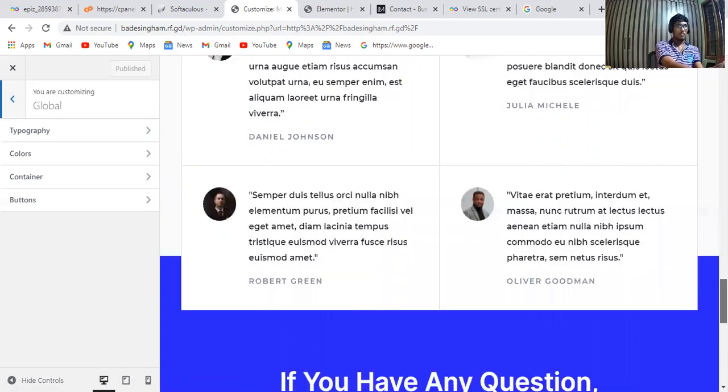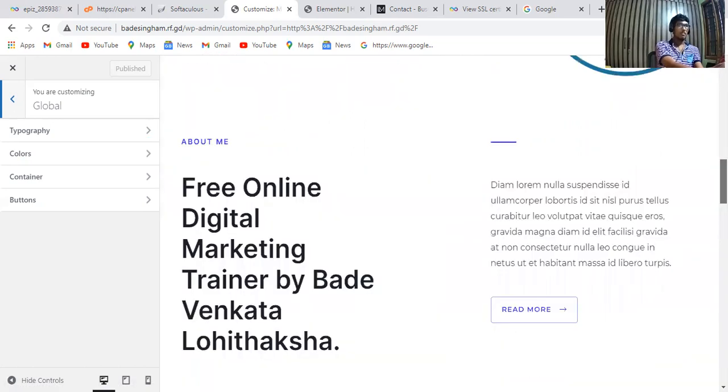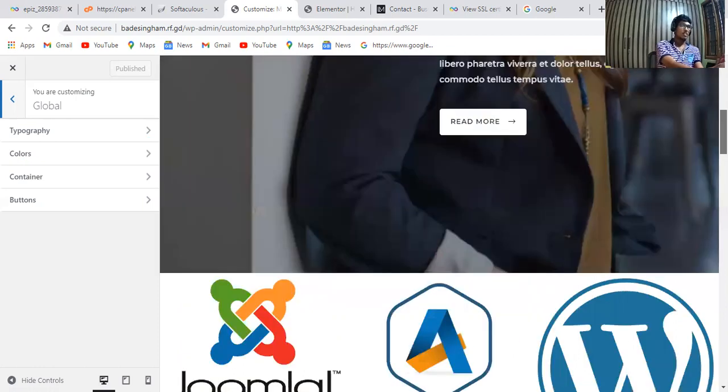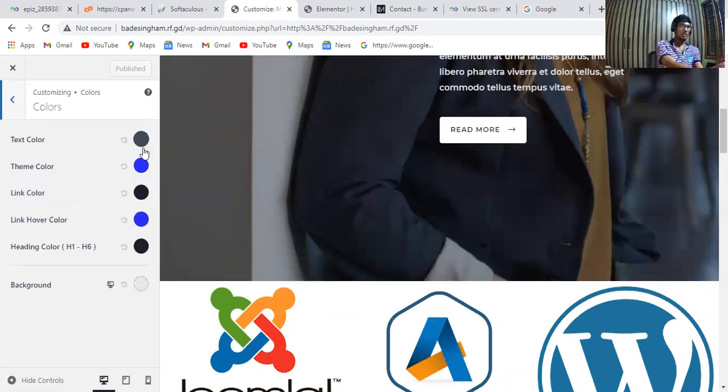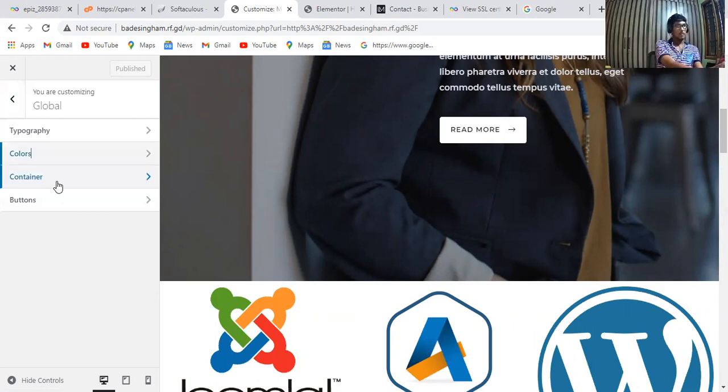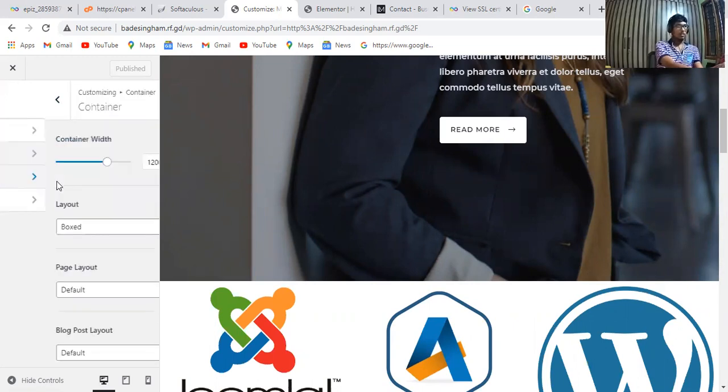If you want to change the colors also, you can change them here. You can change any colors, but I'm not going to change any colors. So directly now I'm going to go to the next option, the container.